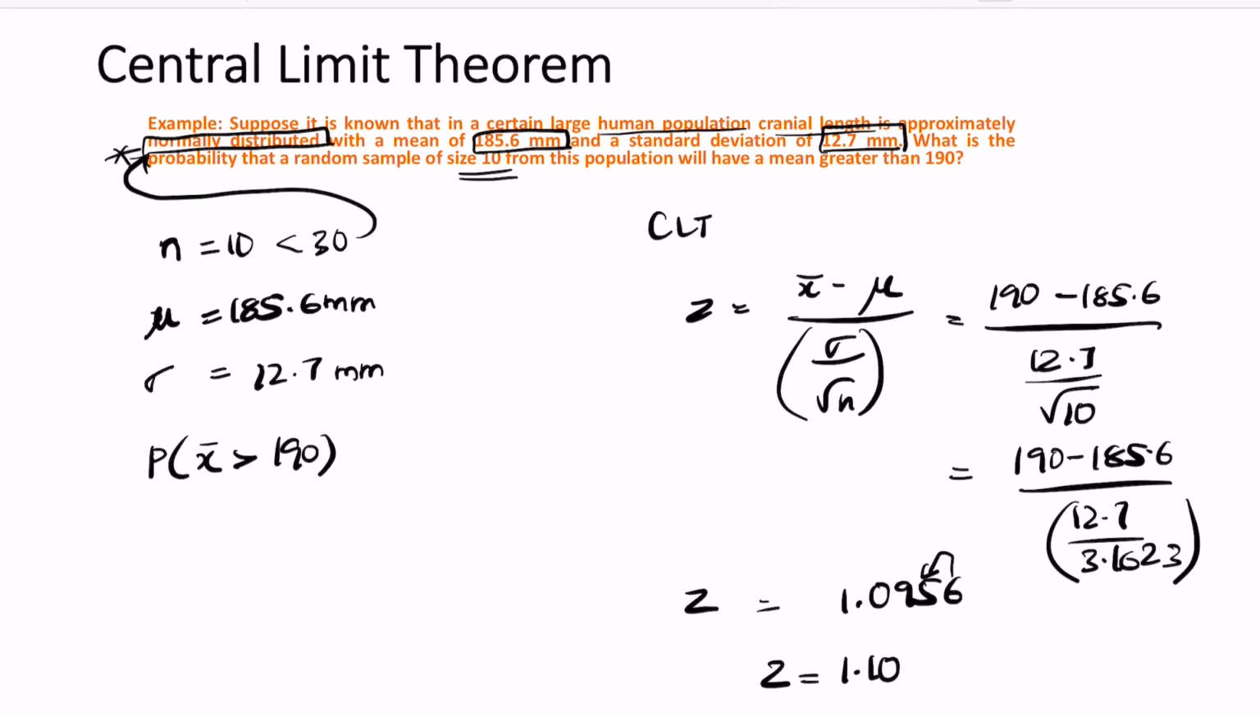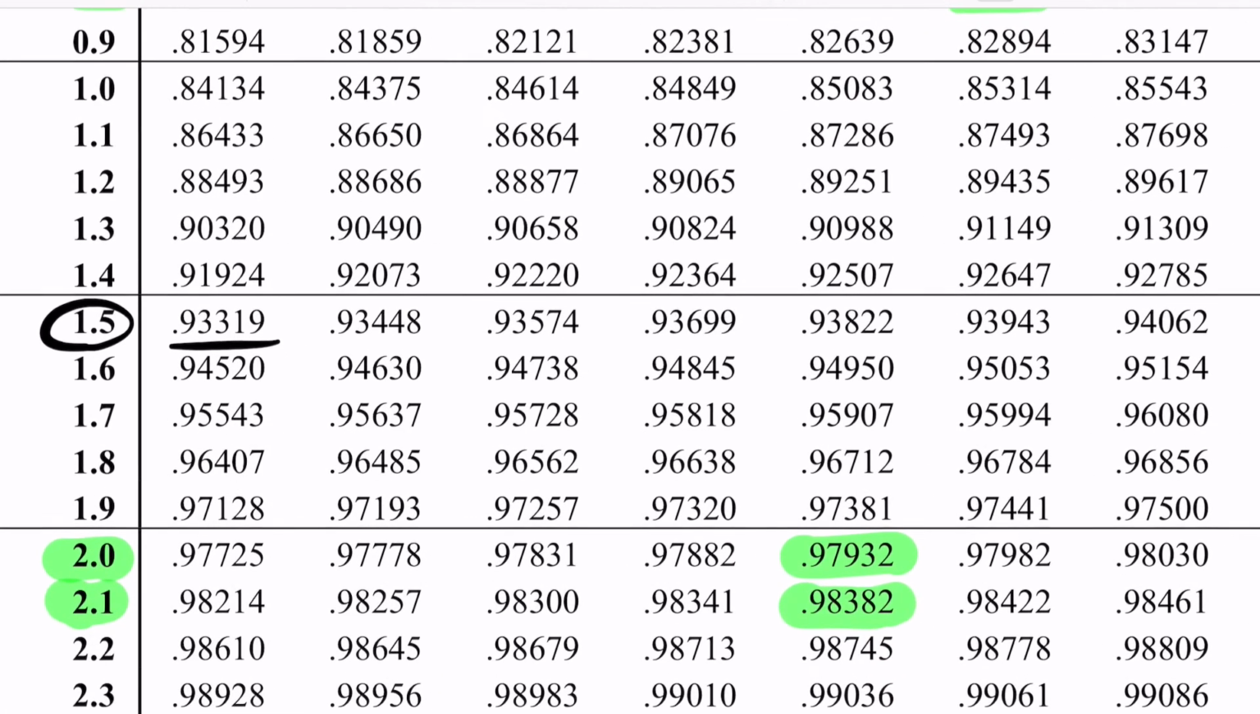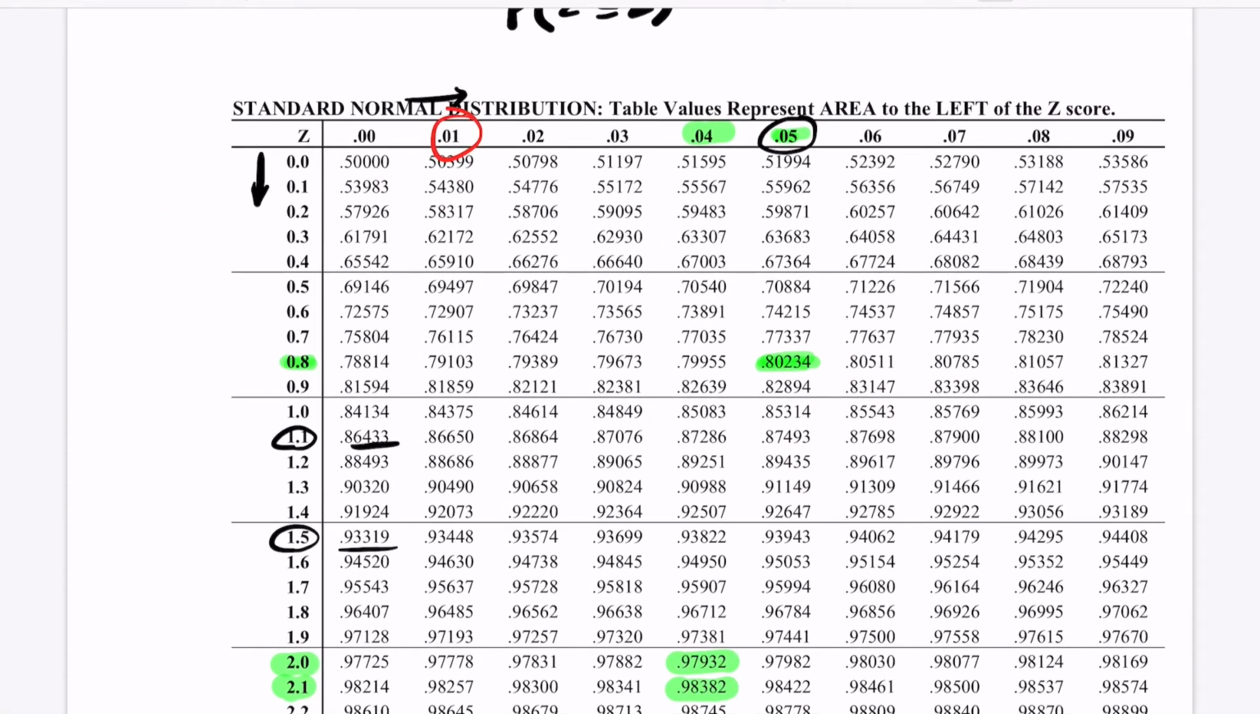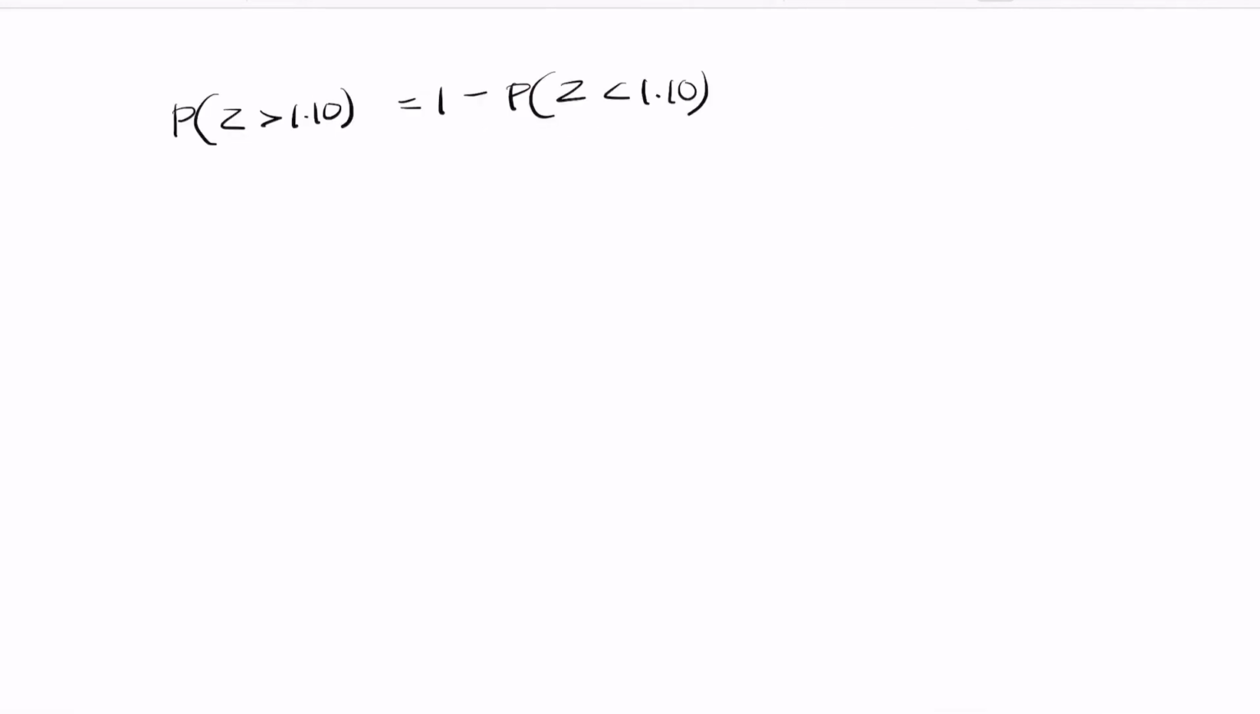Now using this value 1.10, this basically becomes probability of z greater than 1.10, which can be written as 1 minus probability of z less than 1.10. So use the table. 1.1 is the value that we want. So 1.10 is 0.86433. So 1 minus 0.86433